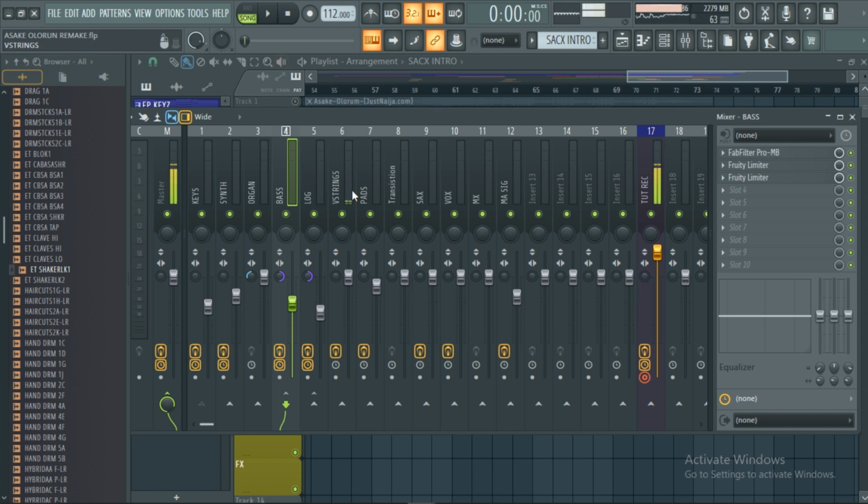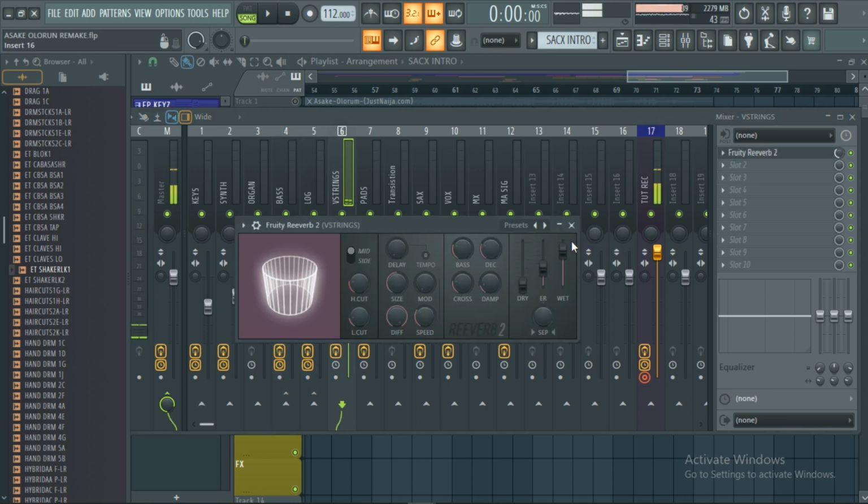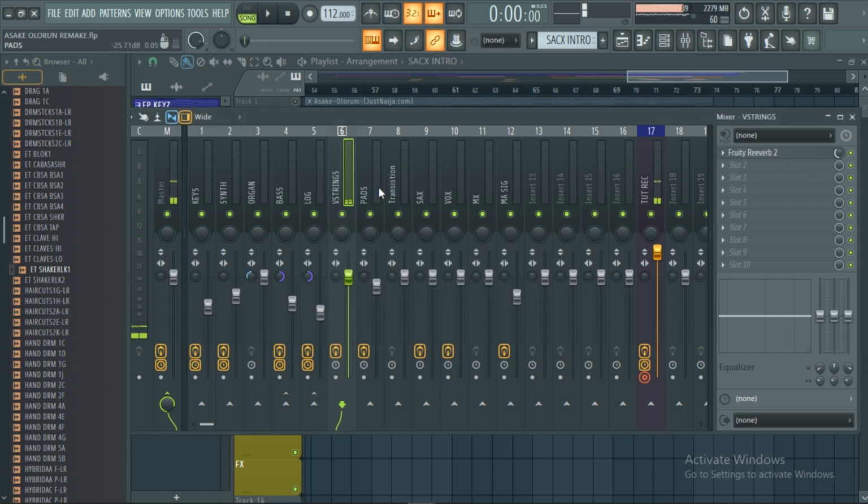So the next part to this is the V strings. That's the virtual strings. I just have the reverb on it. The pad,